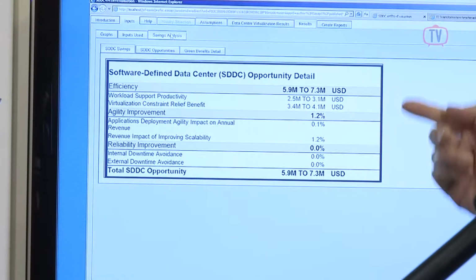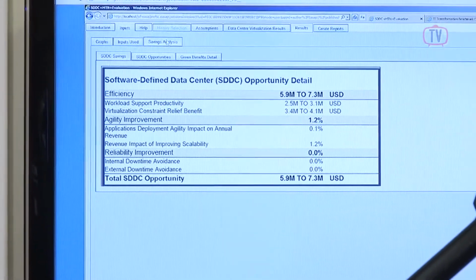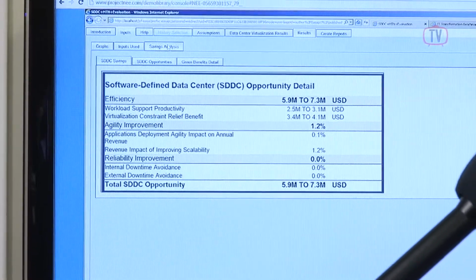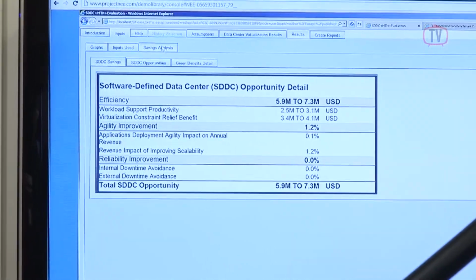And then finally, to help them understand that question about what really is the benefit of doing this? What's the so what? How much money am I potentially saving? Why should I do it? From the financial office. Here's where we show a range of efficiency, agility, and reliability to help a customer understand a range of potential benefit from becoming more software defined. And so we show these opportunities,